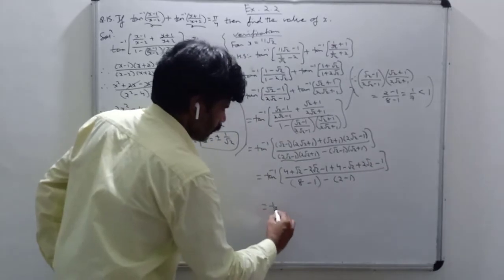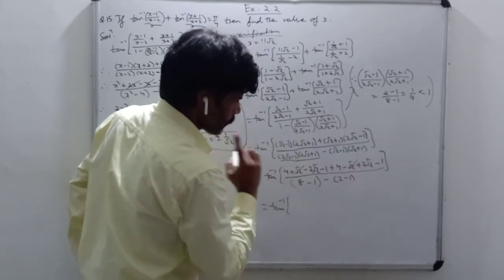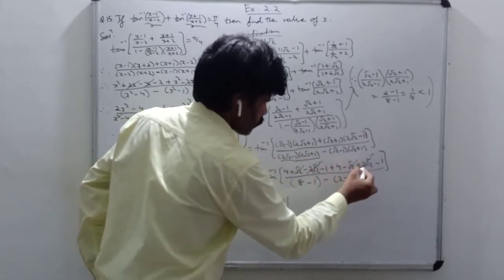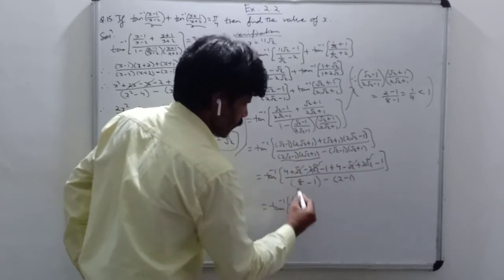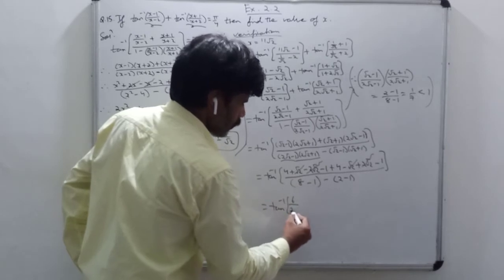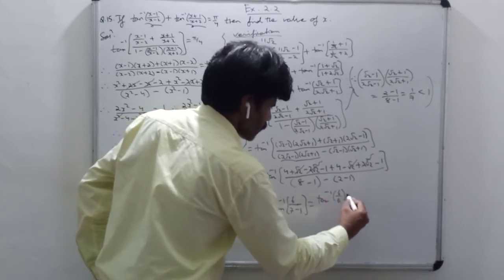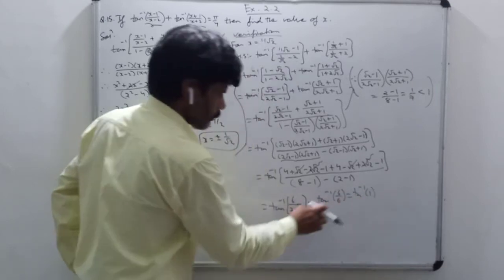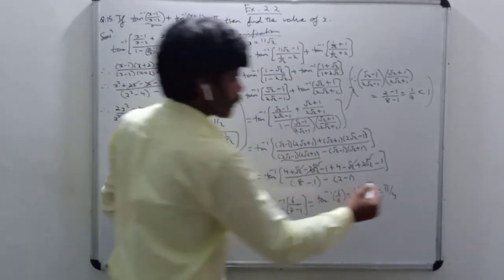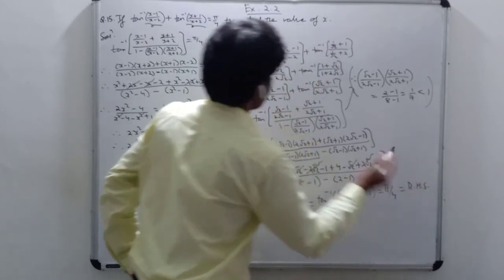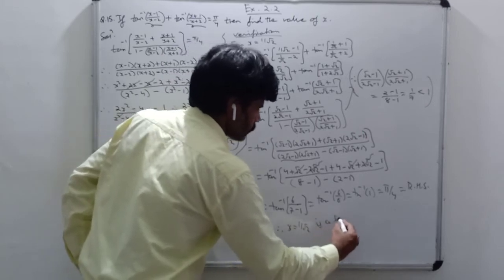So we are getting tan inverse of, see which terms are getting cancelled, root 2 minus root 2, then minus 2 root 2 plus 2 root 2 cancel, 4 plus 4, 8, 8 minus 1, 7, minus 1, 6. Here 8 minus 1 is 7, minus 2 minus 1 is 1. So that is equal to tan inverse of 6 upon 6, that is equal to tan inverse of 1. What is tan inverse of 1? Pi by 4. Is it coming RHS? Yes, it is coming RHS. So therefore 1 by root 2 is one of the solutions. Therefore x is equal to 1 by root 2 is a solution.